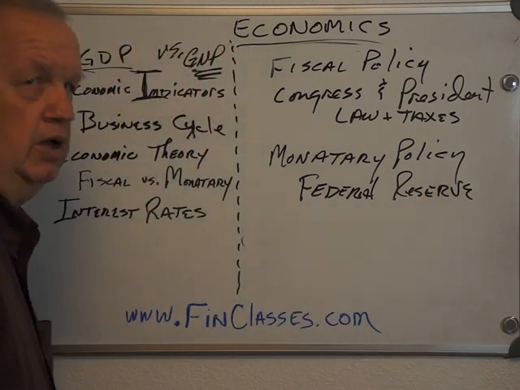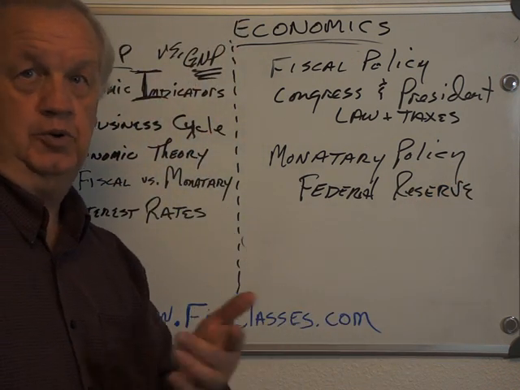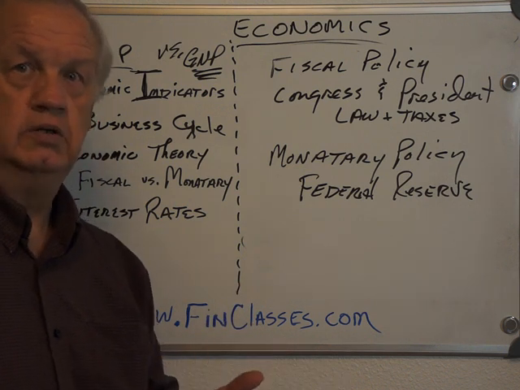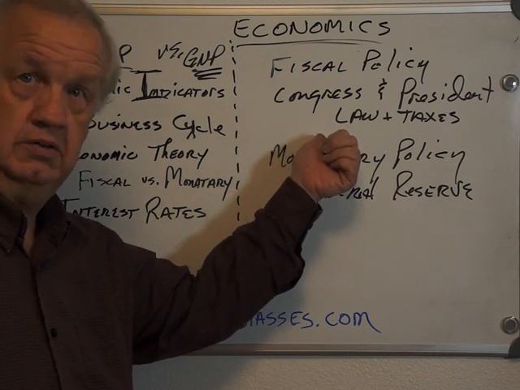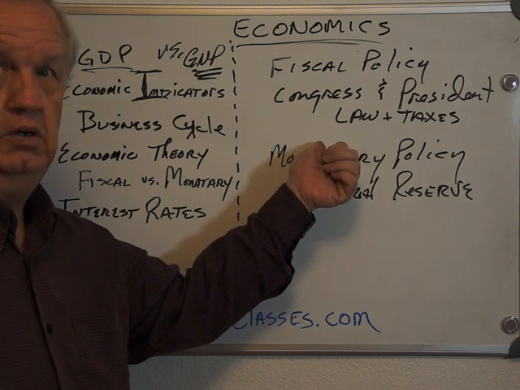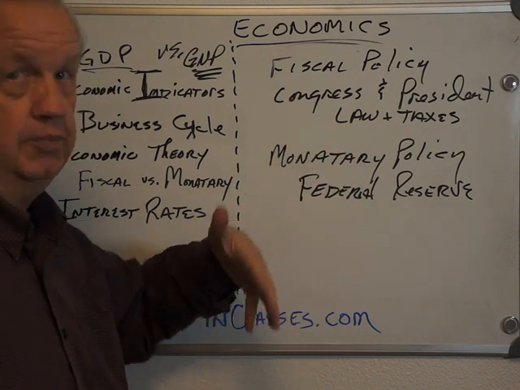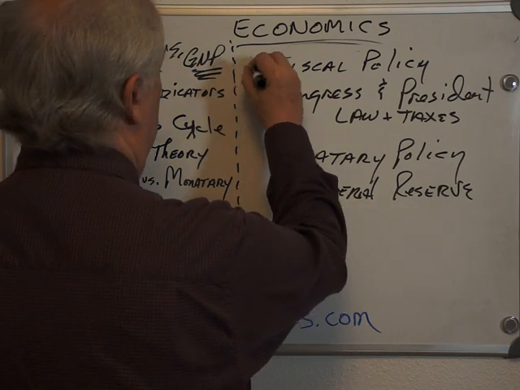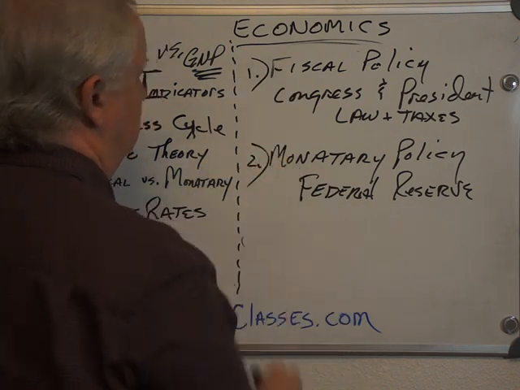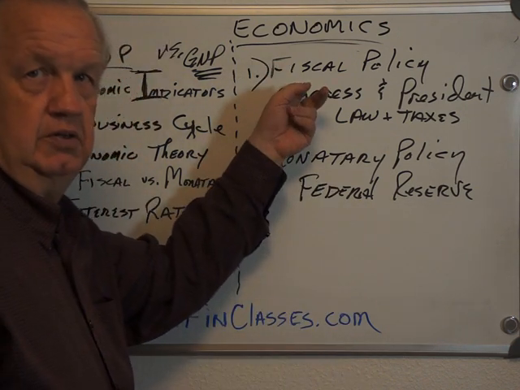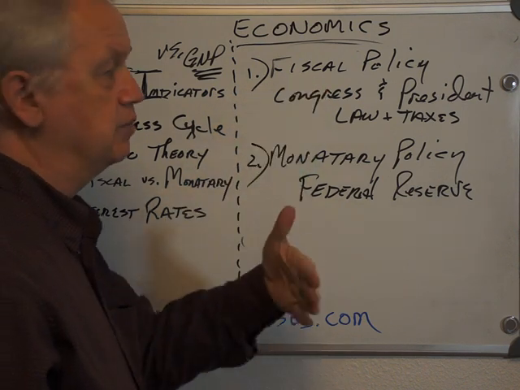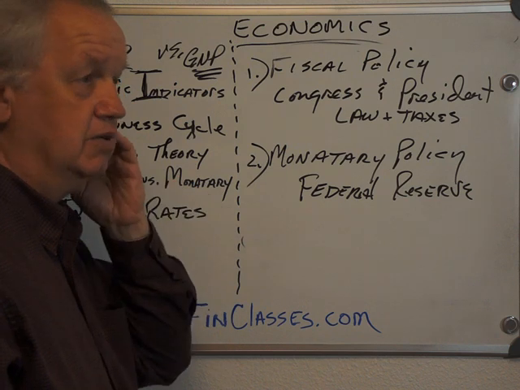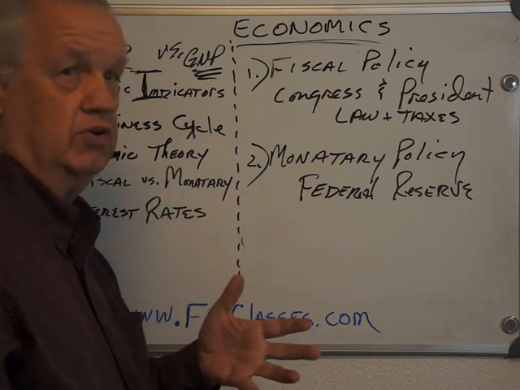Okay? Chicken or the egg? Which one are you? Which one do you think came first? The chicken or the egg? This is clear cut. A lot of people don't think it. A lot of people will ask for it to be a different way when it's convenient for them. But fiscal policy comes first. Fiscal policy develops the budget, develops the taxation, develops the laws and the need for expenditures,